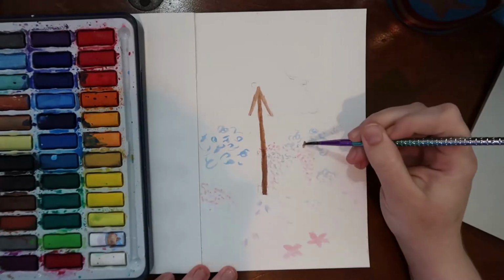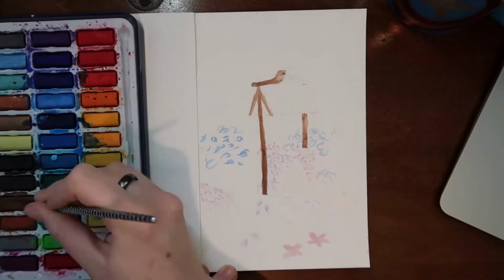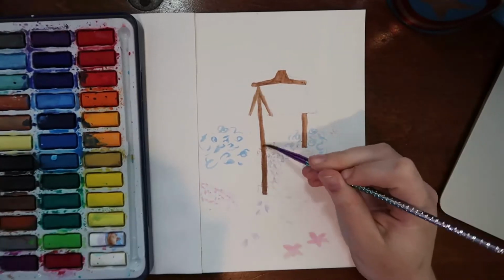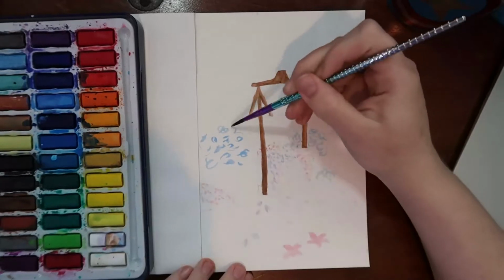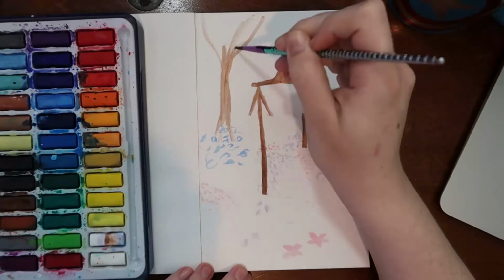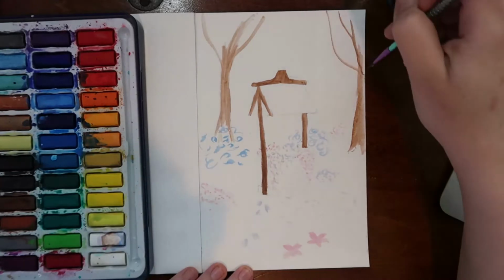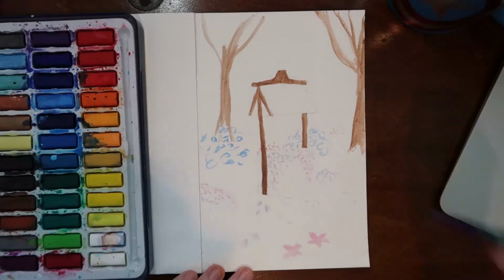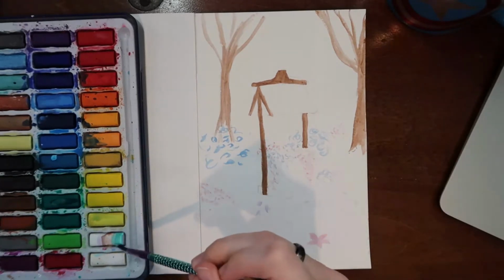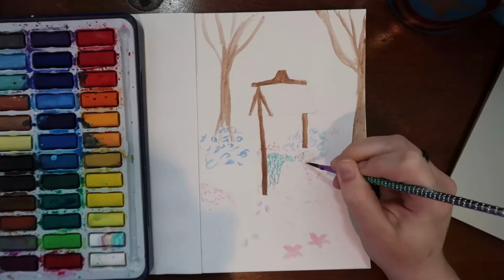And so I thought to myself, I would like to paint a little wishing well because I really like how cute they are. I've had various little fairy gardens in the past that I've planted with my mom, and we buy cute little props to go in them, like little tiny benches and little tiny fairy houses, and usually also little tiny wishing wells. And so even though there is nothing inherently magical about a little well with a little hat over it and a little bucket waiting to be dropped in, they feel very magical because of the whole wishing well thing,